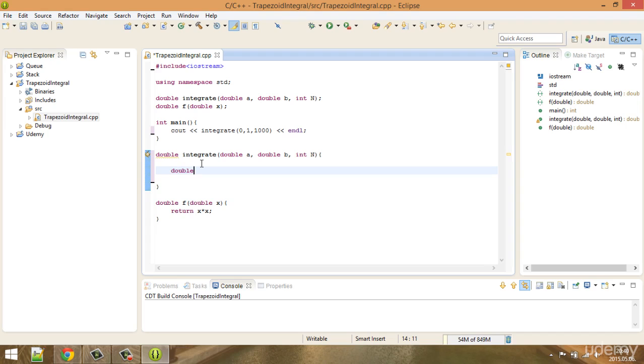I will have a step size, and double h is equal to b minus a. It's going to be the size of the interval, and I have to divide it by the number of steps. So it's going to get me the step size. And I will have a double sum, and as we have discussed in the theoretical video, it's going to be 0.5 times f(a) plus f(b),